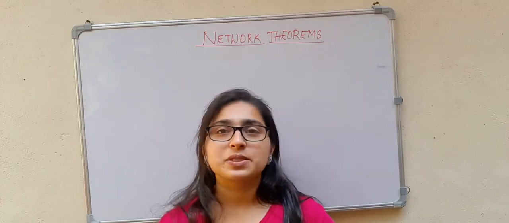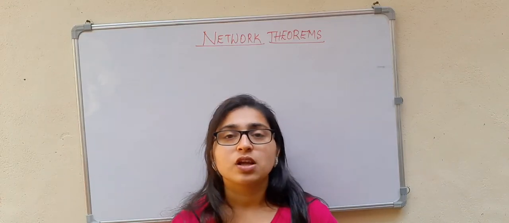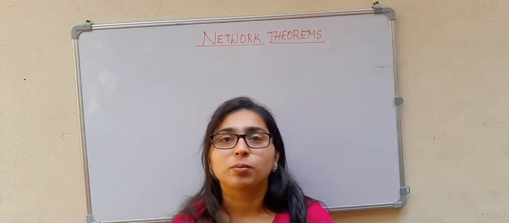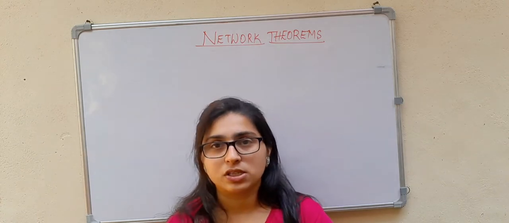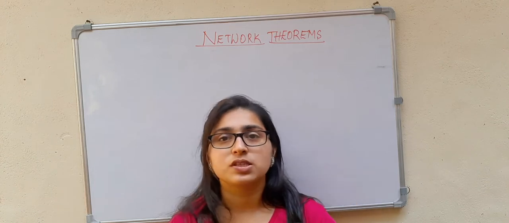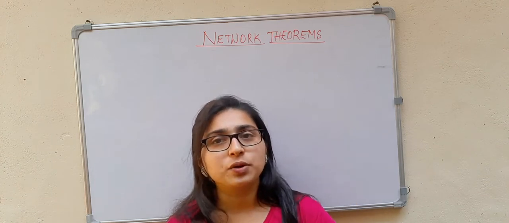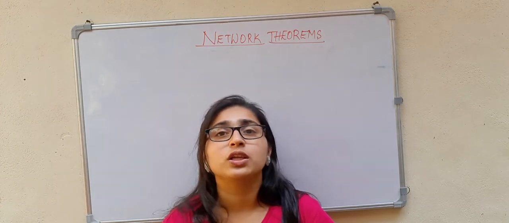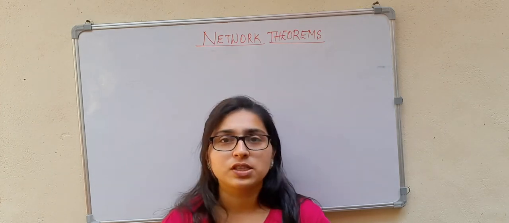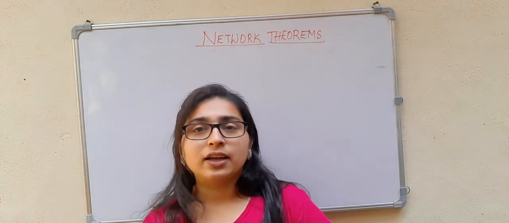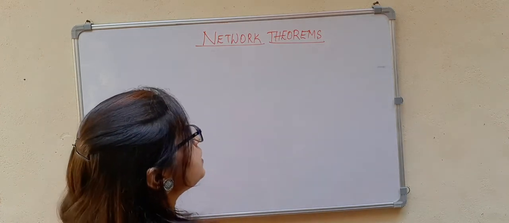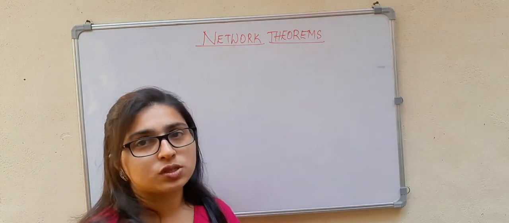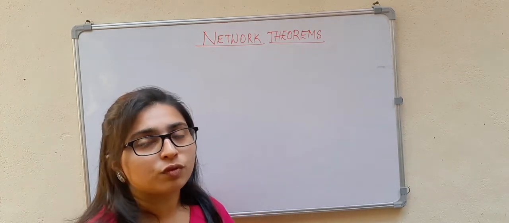In this video, I will be explaining the network theorems. If you have a network and you want to find the current in a loop, or the voltage across a particular element, then we can use these network theorems. They reduce the complexity of the network, or enable us to solve a complex network for a given solution. Using these network theorems, we can find the impact of a particular source on the response of a system.